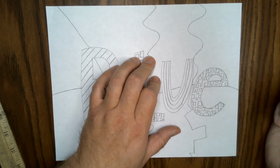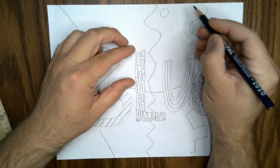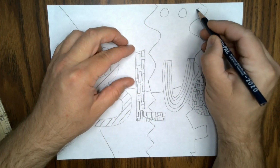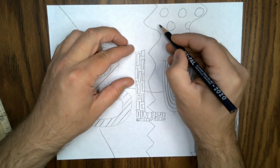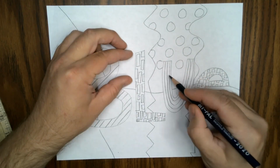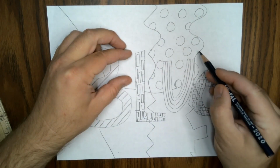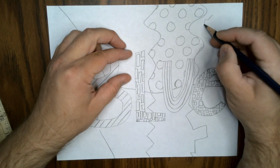You could even do marks as part of your pattern. That doesn't have to be just lines and shapes. Speaking of shapes, I did a polka dot pattern on that one. Now that one's kind of tricky because I was trying to space them out a certain way. So you'll watch me. I'm trying to line everything up, draw some extra part of the circles where they come